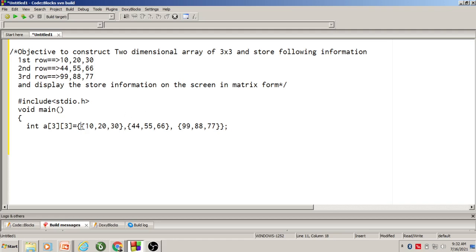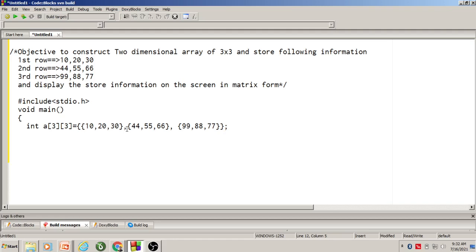So this is the first row, this is the second row, and these values are for the third row. At this step a matrix of size 3 cross 3 has been constructed, and whatever values we have specified here will be inserted into the particular cells.